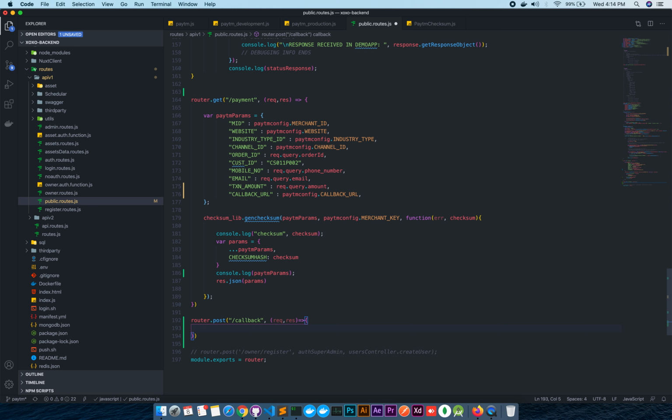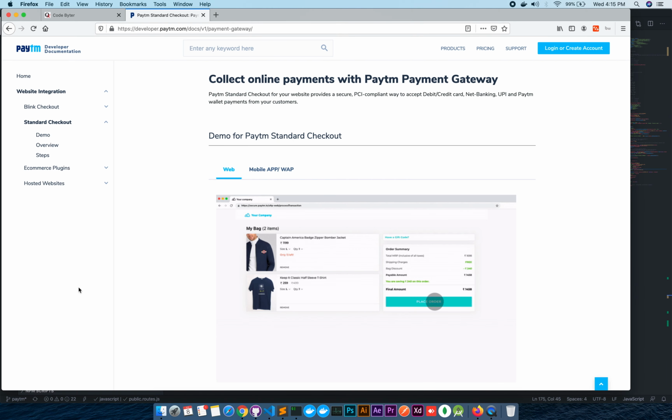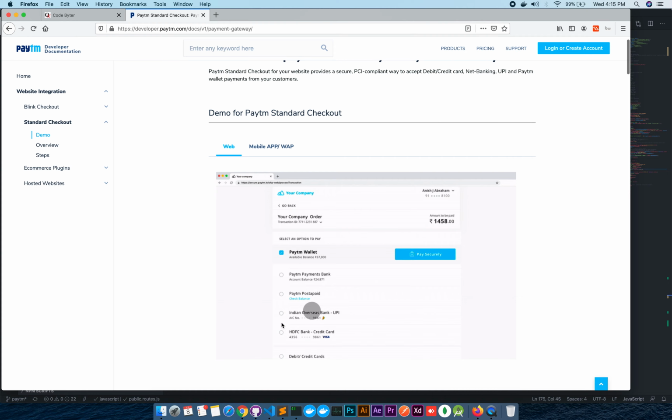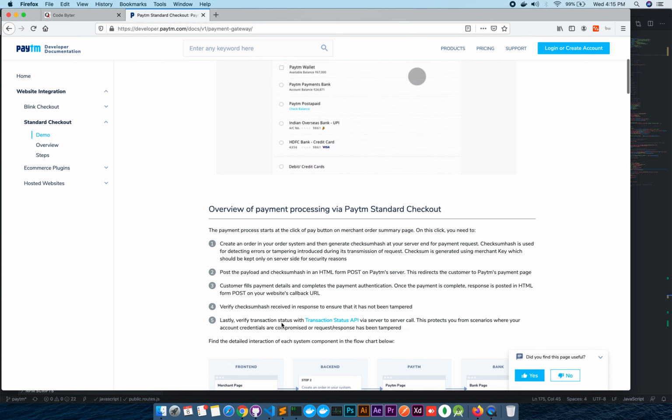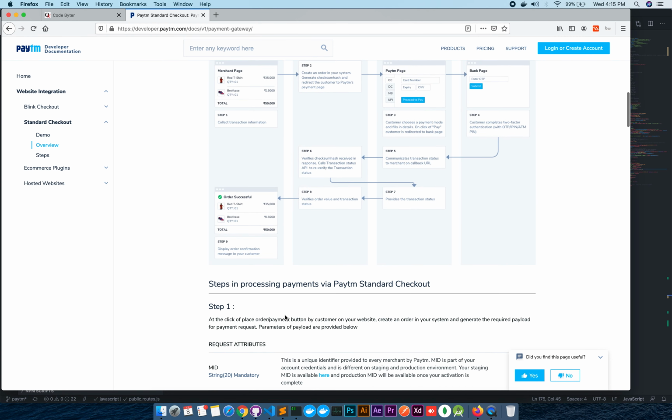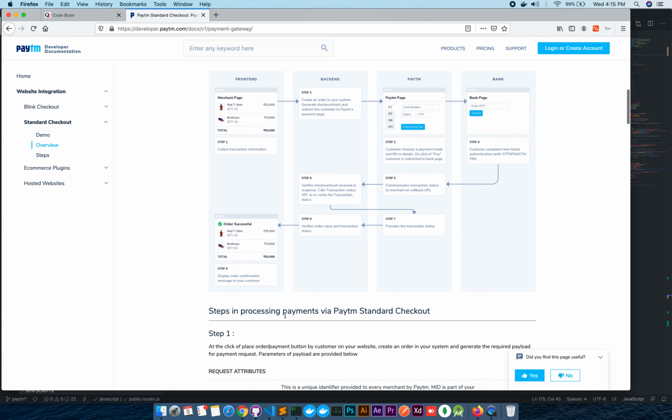So let's get started. First of all, we have to make a router.post, and then we have to call the Paytm checksum library, and then we will be able to verify the checksum. Lots of people have been asking about the documentation of this gateway. So this is the proper flow of the payment gateway.